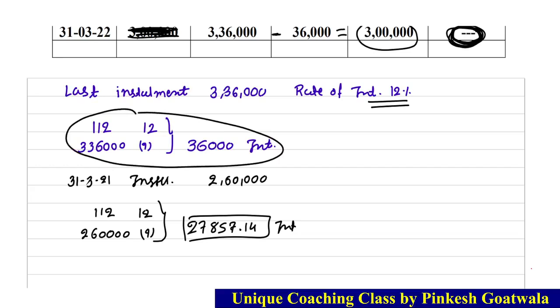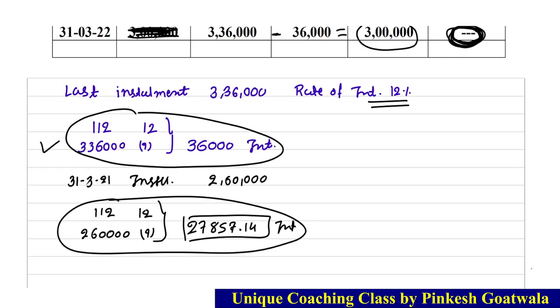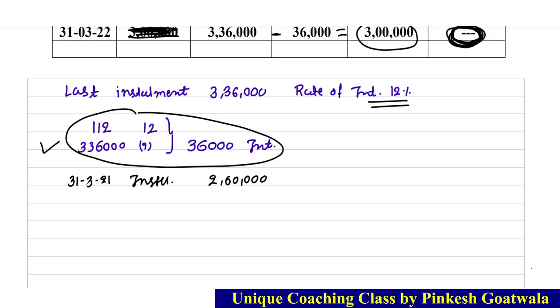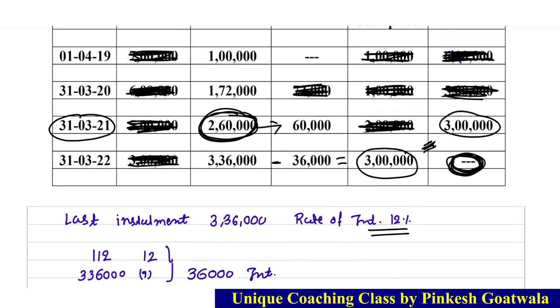So here the answer does not match. Okay, in this one it matched from the last installment, but on the previous installment, where we followed the step, the answer doesn't come. So here you have to do some extra step. What extra step? What extra step do we need to find out this amount of 60,000